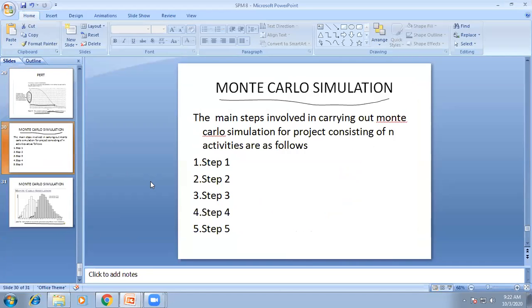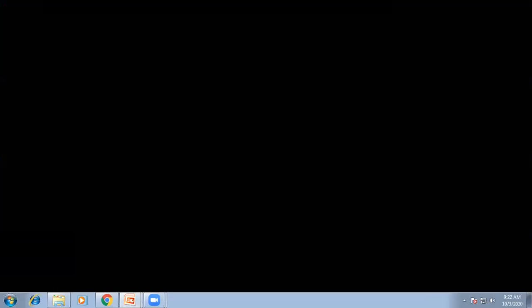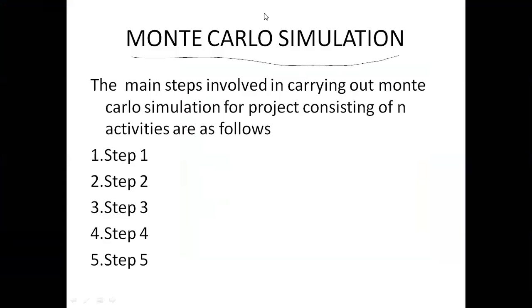These are the steps involved in carrying out MCS. Step 1: express the project completion time in terms of the duration of the n activities.